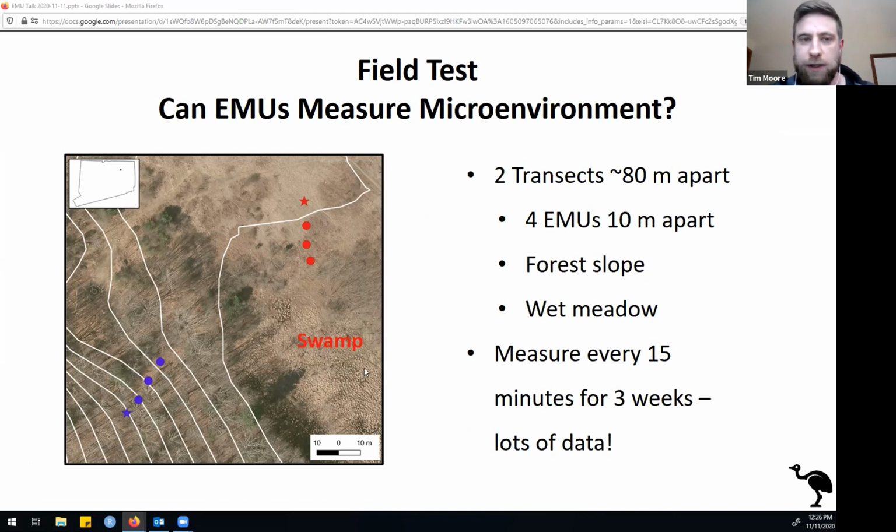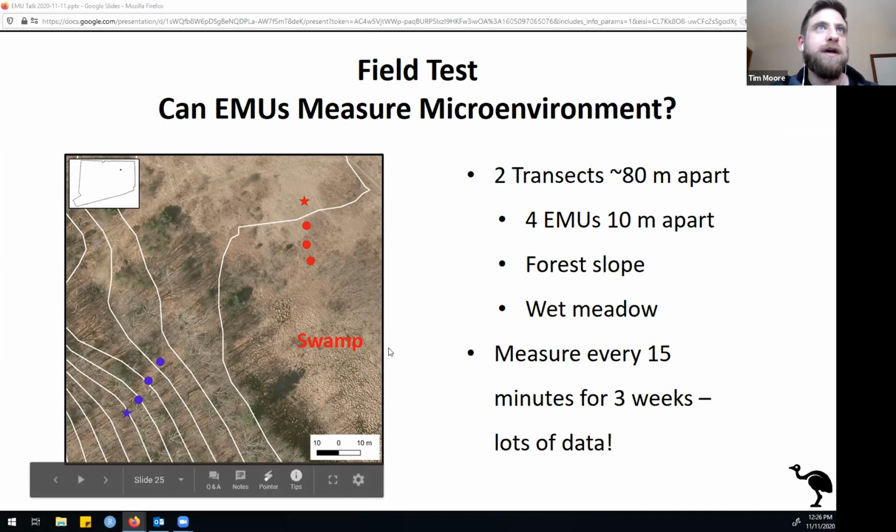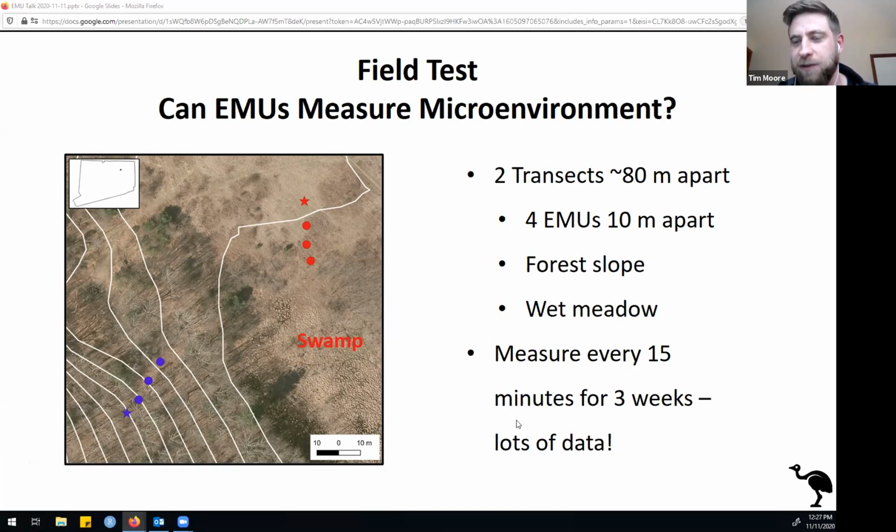Just as an anecdote, as with any fieldwork, there are always challenges that you don't expect. James and I eventually had to rip down a beaver dam to get to the site. You can see there's a swamp labeled here. A beaver set up a dam just off the edge of this map, which made it really challenging to get to our site. We would get soggy shoes every time we walked over this beaver dam until we got too fed up and ripped the dam down. I think it rebuilt it a couple of times actually before we finished this